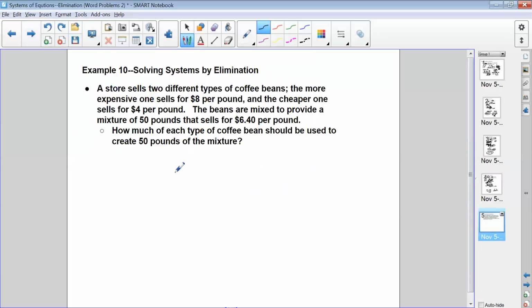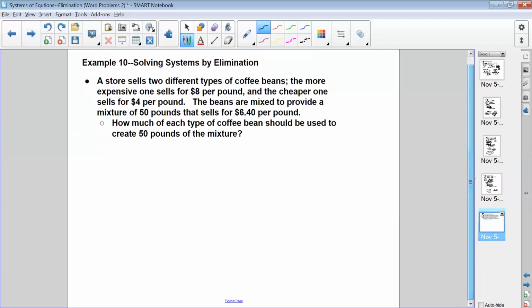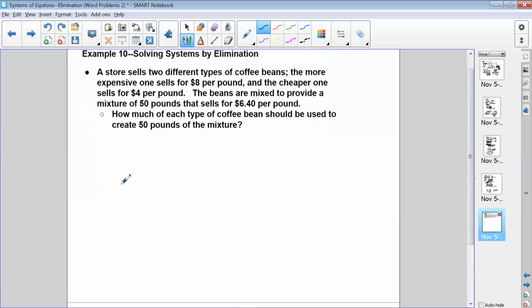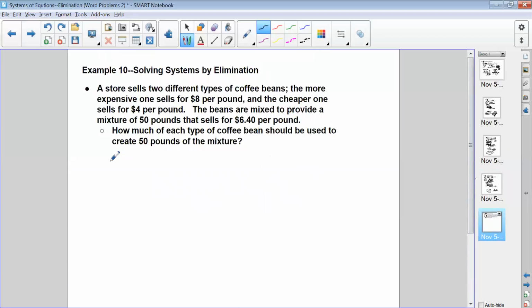Final one of this series. And we're looking at two different types of coffee beans. And we're going to have X to be expensive. And we're going to have Y to be the cheap brand. So